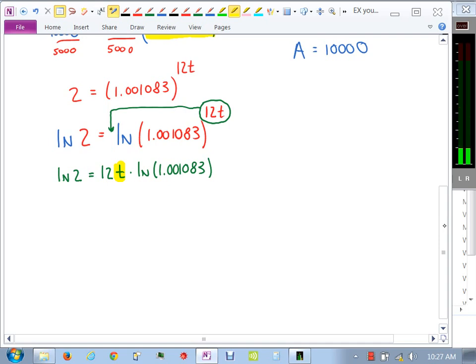So how am I going to get t? You're going to have to figure out what natural log of 2 is on the left side, right? You're going to figure out what natural log of 1.001083 is. All that. You're going to divide both sides by 12 and that natural log. So let me divide both sides by 12 first. I'm going to take natural log of 2 on my calculator and divide it by 12. And I get